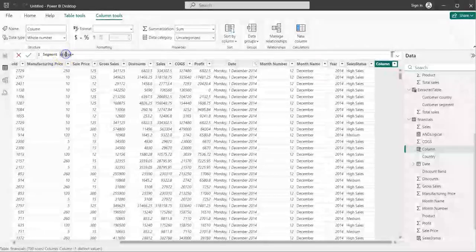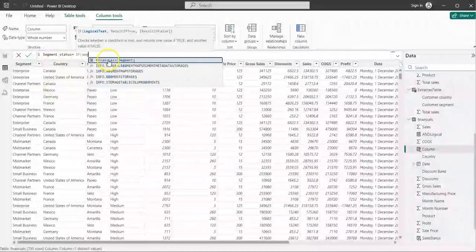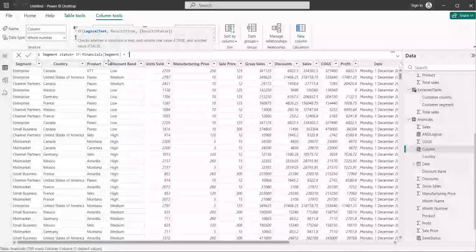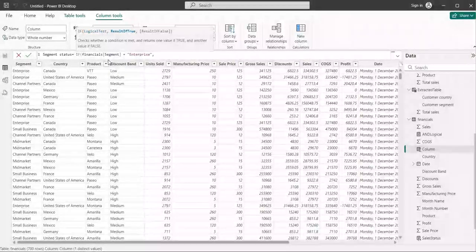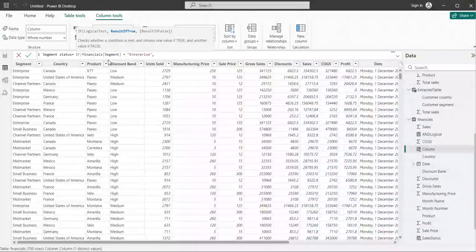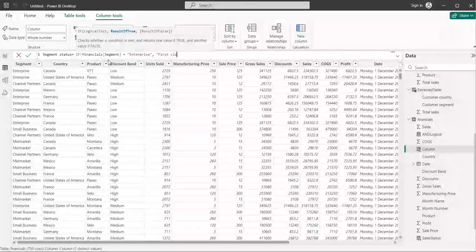So for the segment status, we are going to say if again, if segment equals, because we are not testing greater than, equals enterprise. So you have to make sure it is written exactly the way it is there. Equals to enterprise, then we want to call them first class customer. So any customer that is coming through the enterprise segment, they are our first class customer,